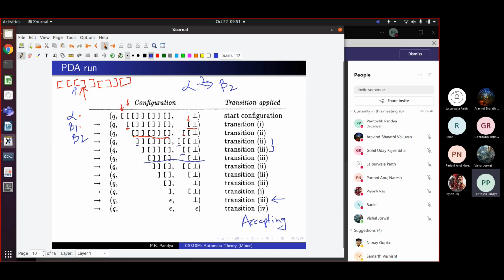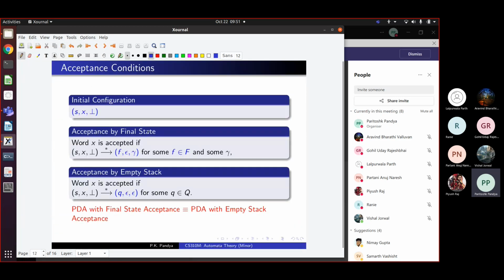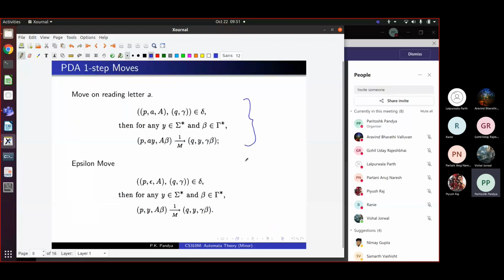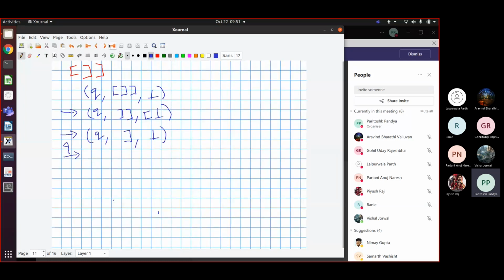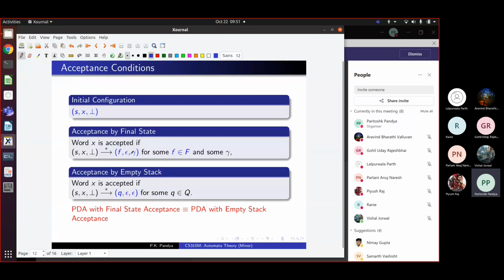So we can define, as usual, reaching from one configuration to another configuration in n steps. Okay, that is it. The exact rules by which the configurations are changed are given here. We had studied this last time, so I won't repeat it. This is one step move, and from that you can define n step moves, which we have been using in these examples. And we have these 2 notions of acceptance.